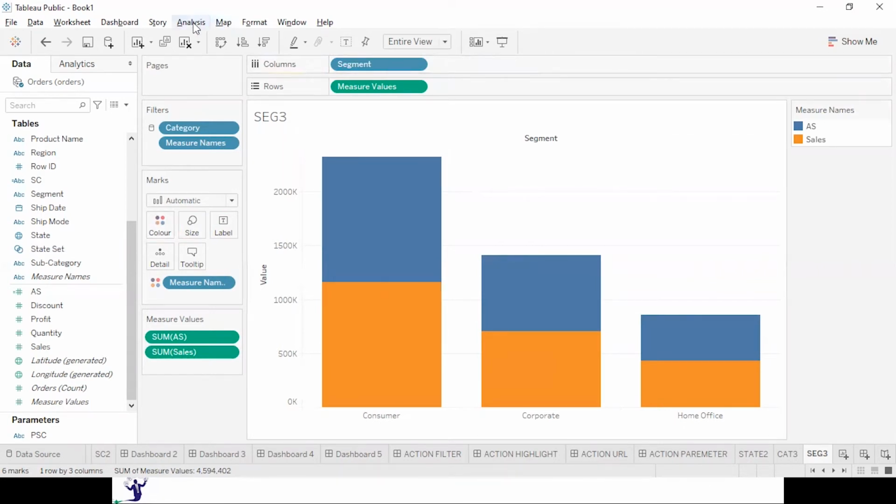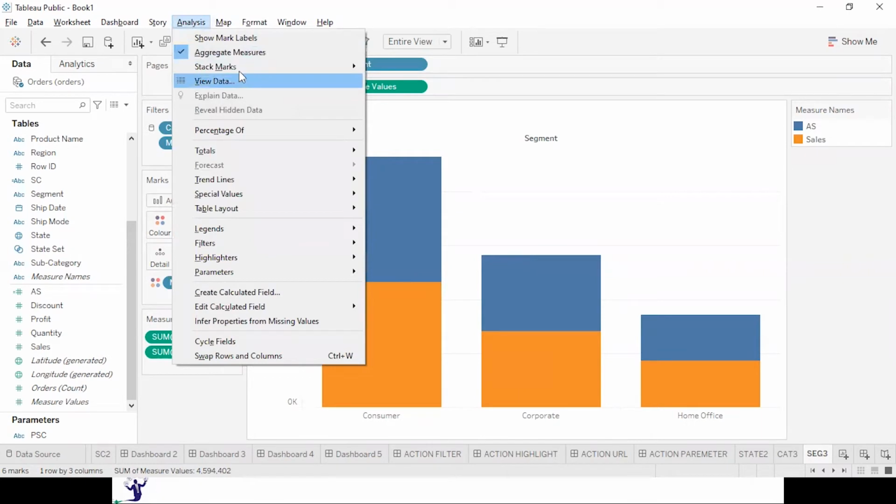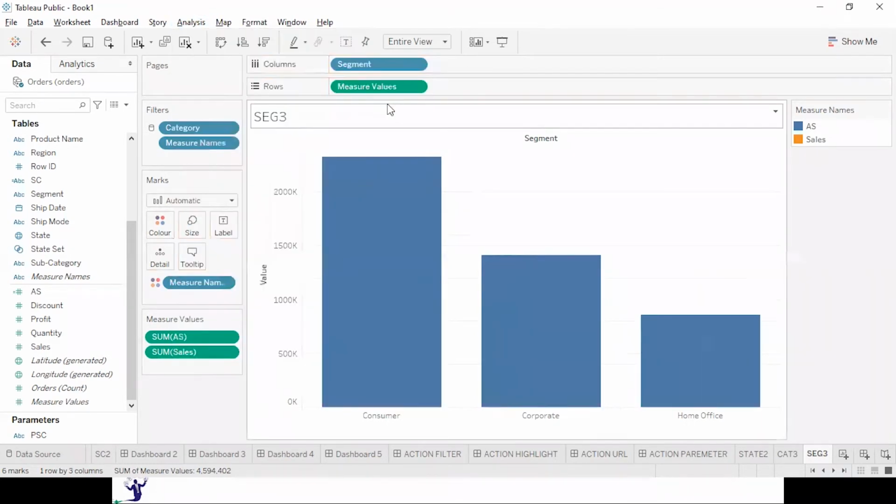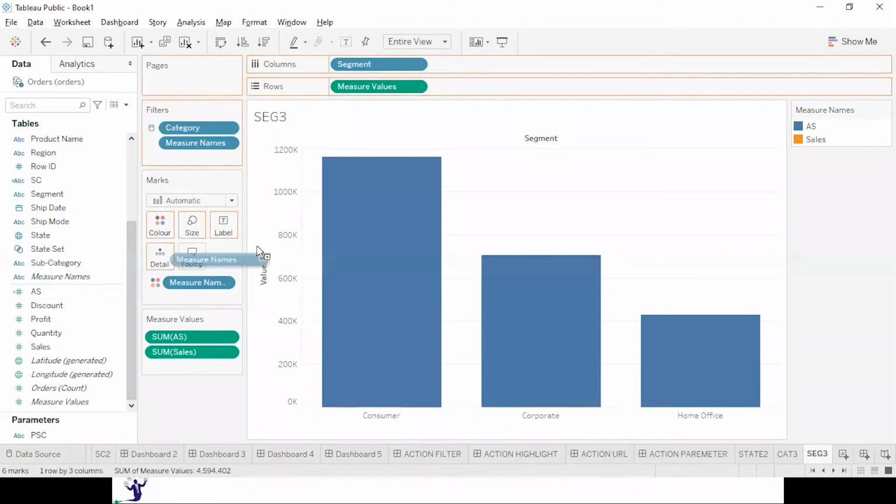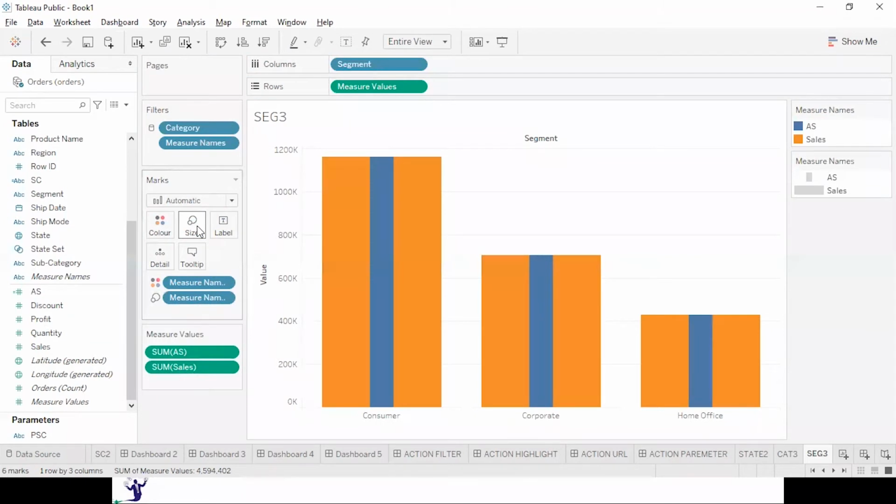I will go to the analysis and turn stack marks off. You can put the measure names into the colors, or into the size. Here it is. The inner bar represents the area sales and the outer bar represents the actual sales.